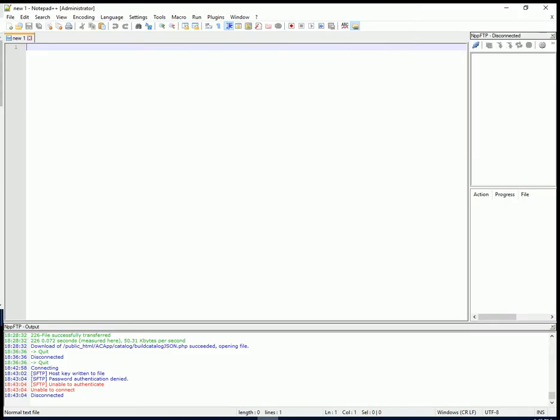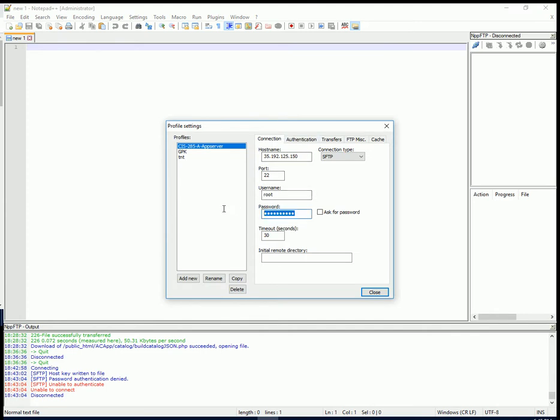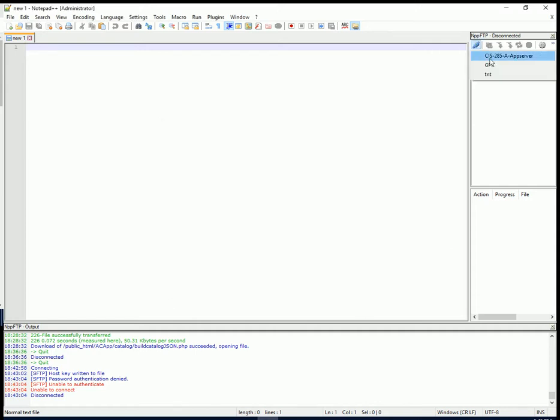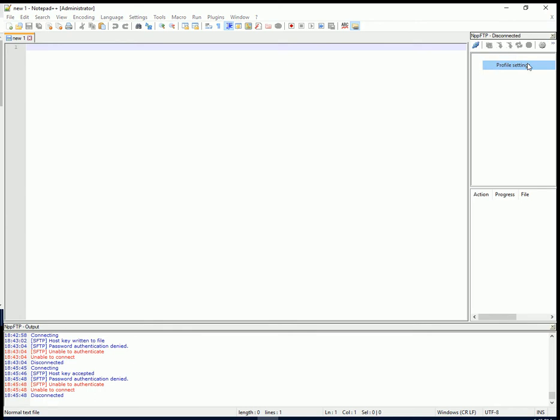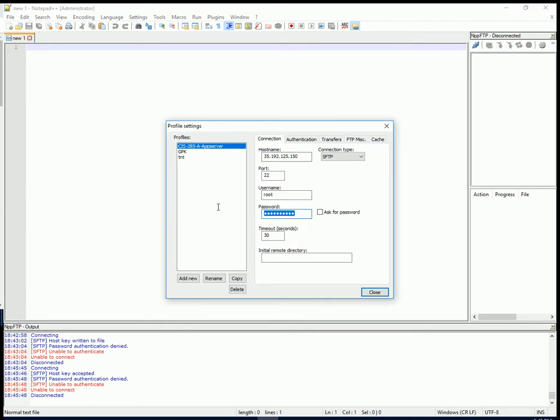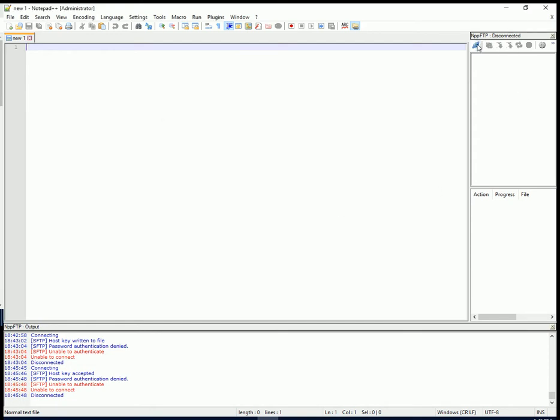But I'm going to go back over to Notepad. Go into my profile. Let's see if this works. Oh, maybe I typed it wrong again. There we go. So I'm connected,